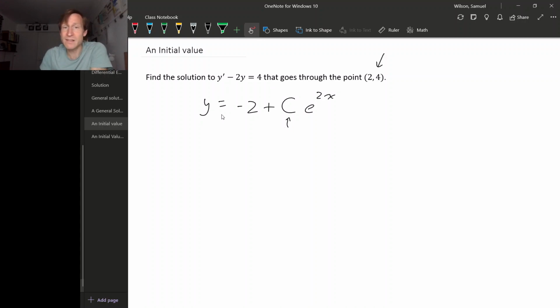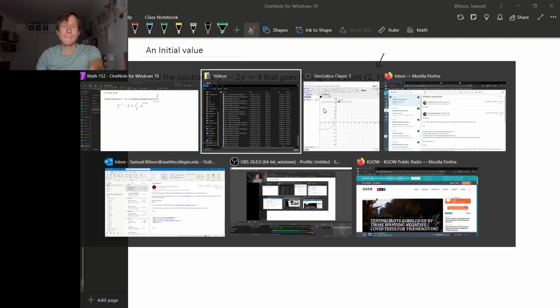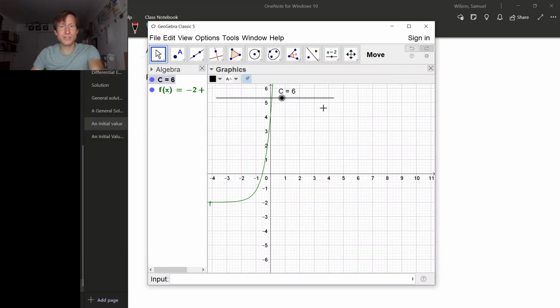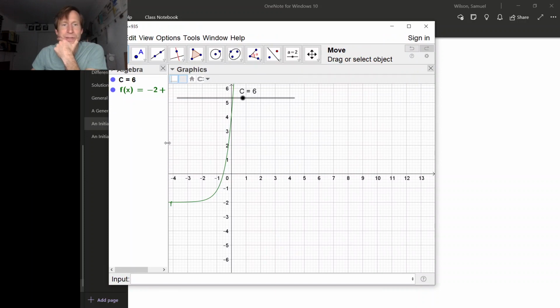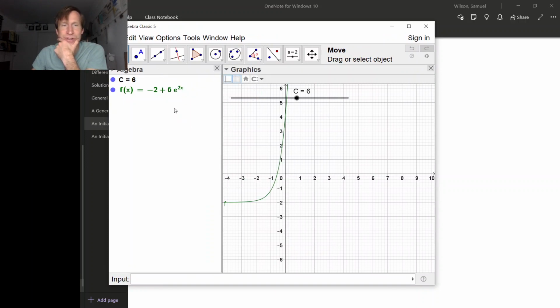To get some idea of why there should be a solution that goes through this point, let's have a look at a graph of all of these functions. Here's GeoGebra set up with a graph of the solution, and as I vary this slider, you'll see that this constant in front of the exponential changes. Right now it's 6. I can make it bigger, I can make it smaller, I can make it negative,